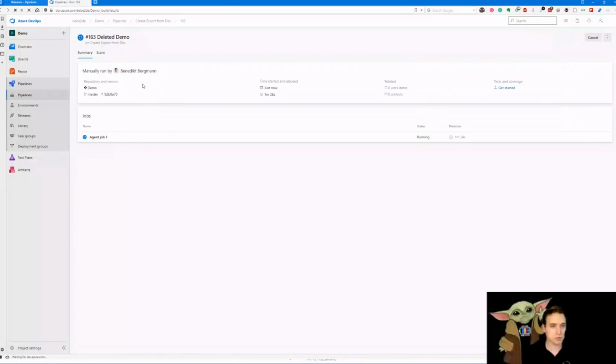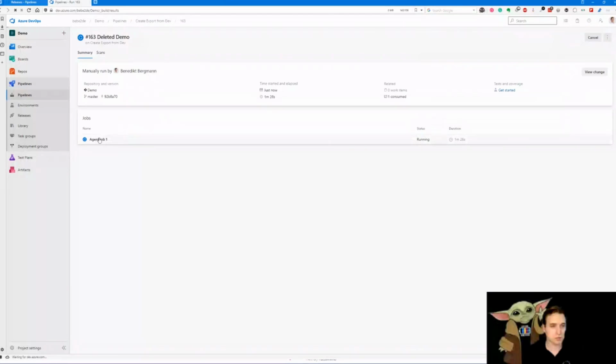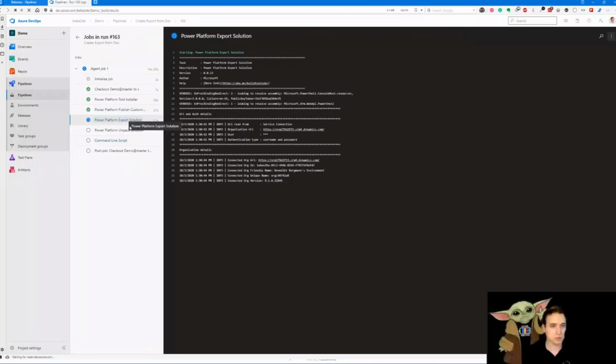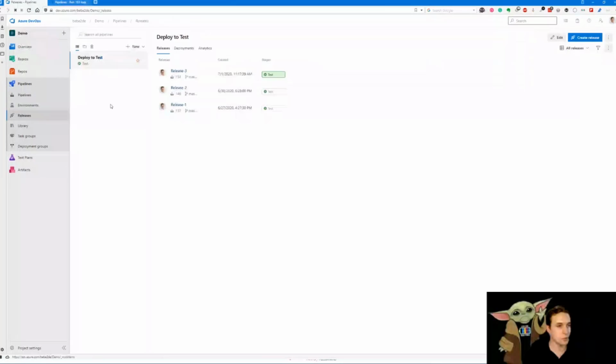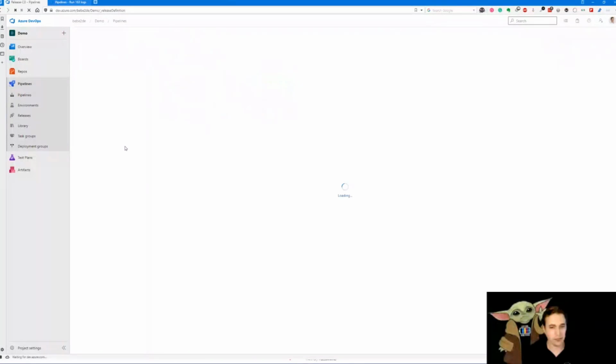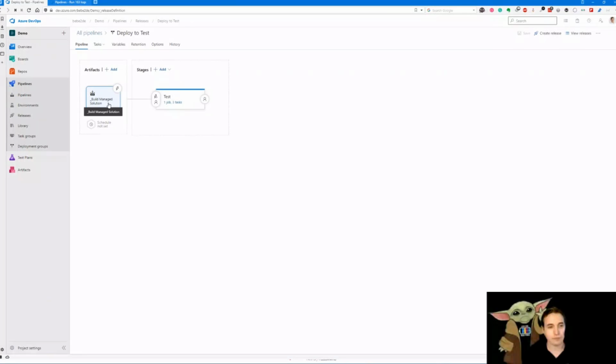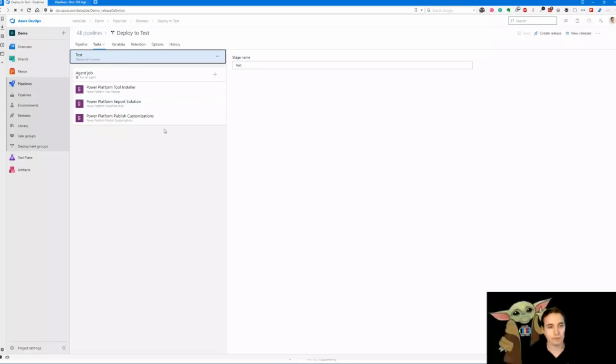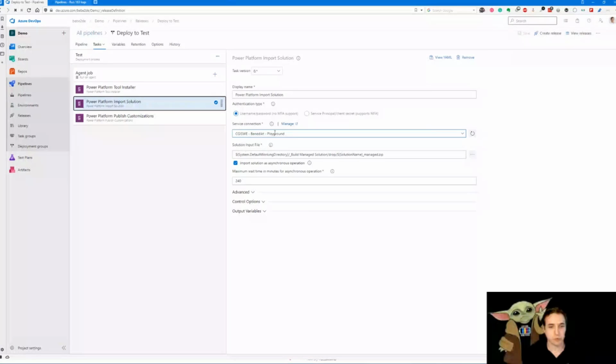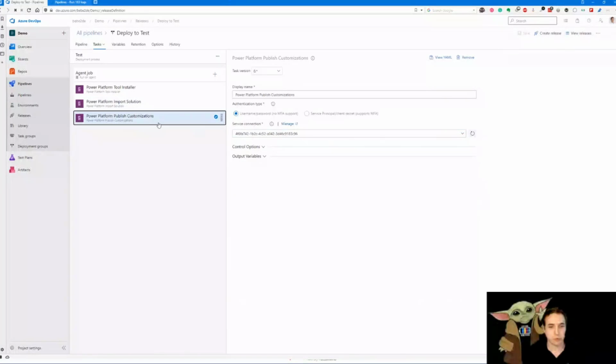Nope. Okay, it's exporting the solution at the moment. And the last one is our release pipeline, which is quite easy here. It takes the artifact from the second pipeline, so our managed solution. And then it has 3 tasks: installing the tooling, import the solution to our target environment, and then publish all